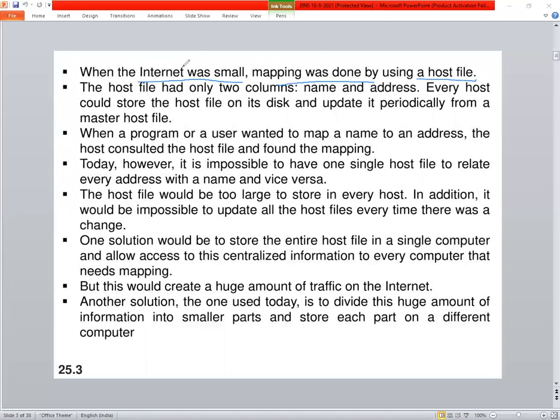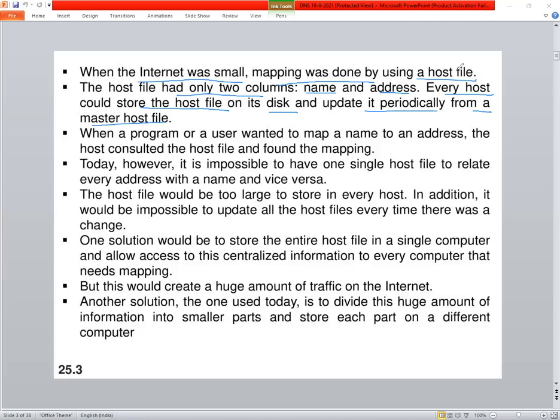But the host file had only two columns, name and address. So every host could store a host file on its disk and update it periodically from a master host file. Try to understand this.